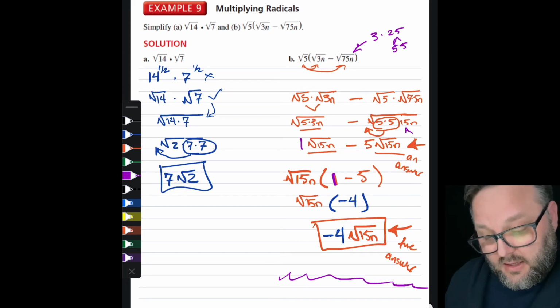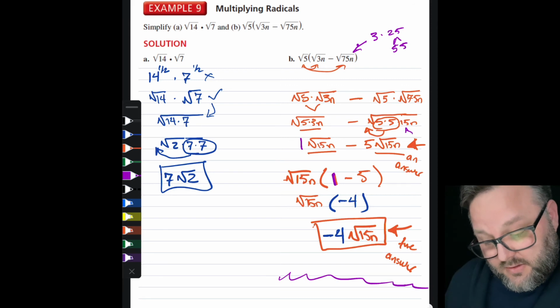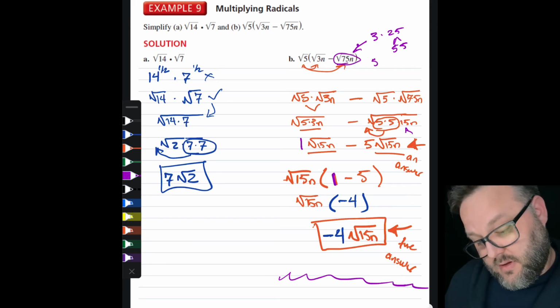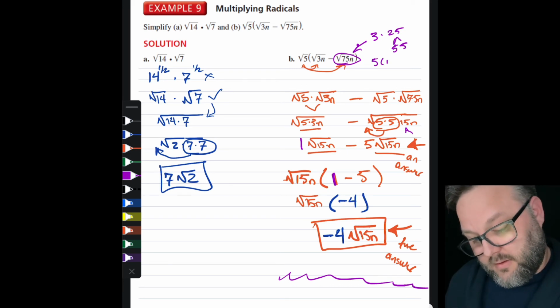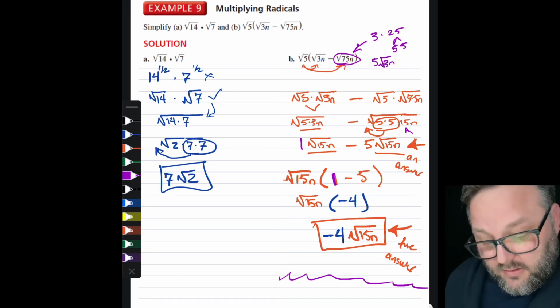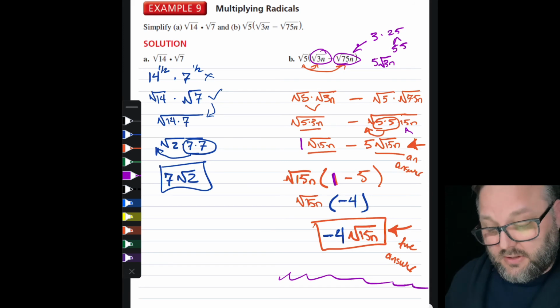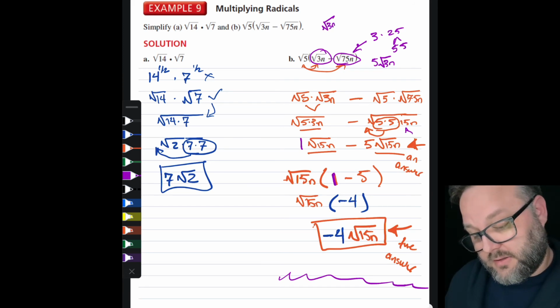So what we can notice is that this term right here can actually be written as 5 radical 3n. In this, we have radical 3n minus 5 radical 3n's, so if I rewrite it up here to make it apparent what I'm talking about, minus,